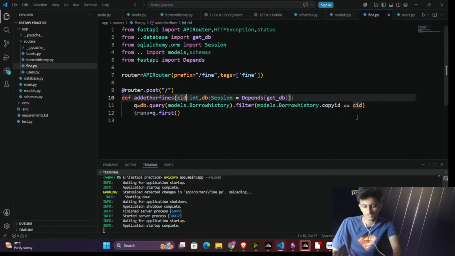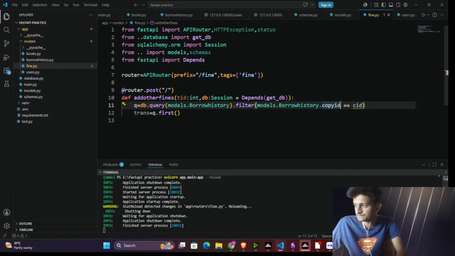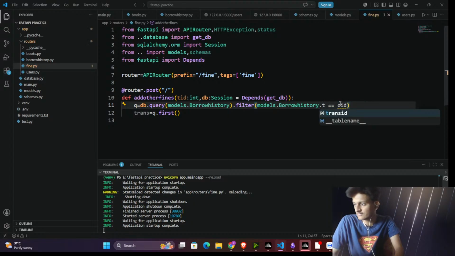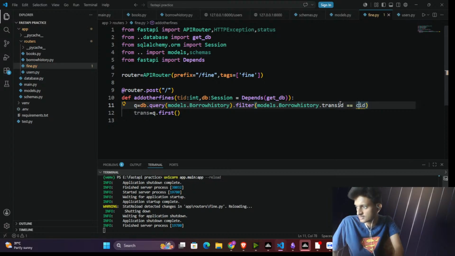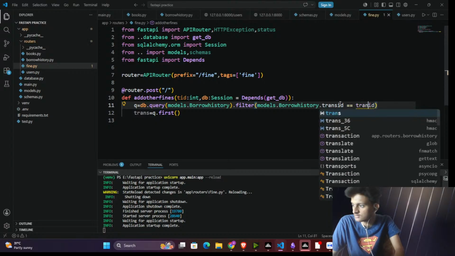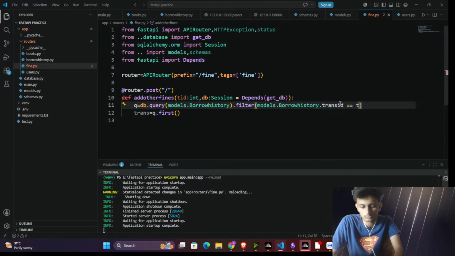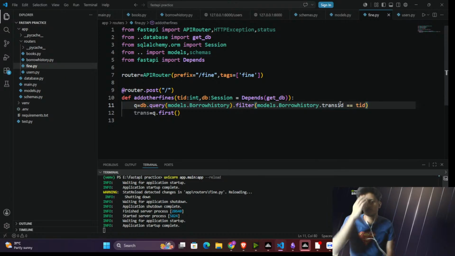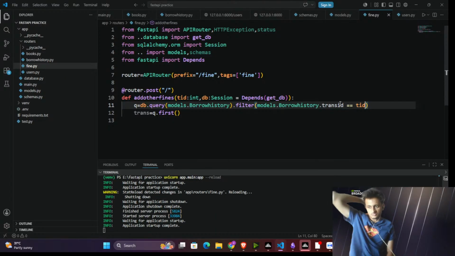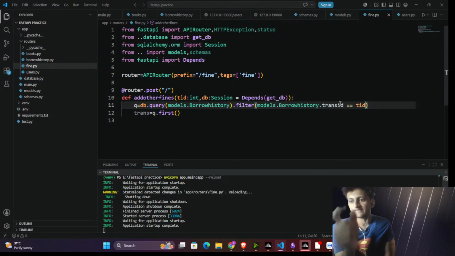So what I can take in is TID, transaction ID. Then it would be really easy: which transaction do you want to update here. Because the admin should know which transaction they are adding onto, and to get to know the transaction from